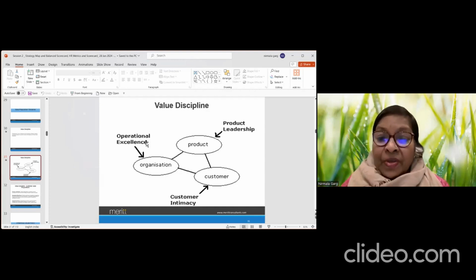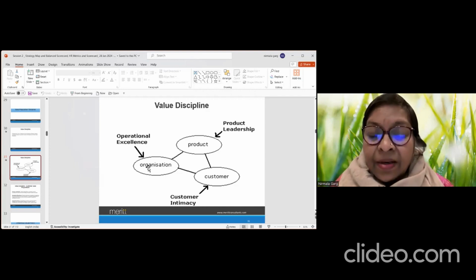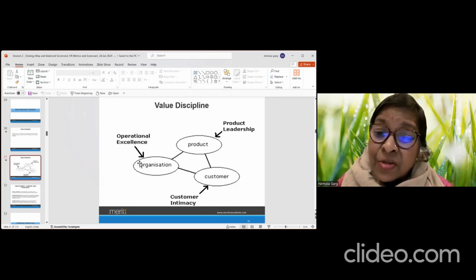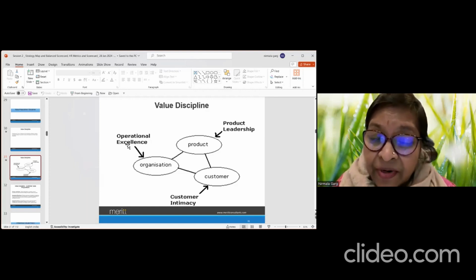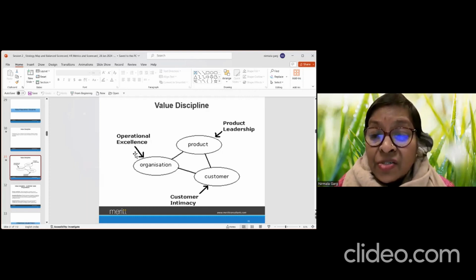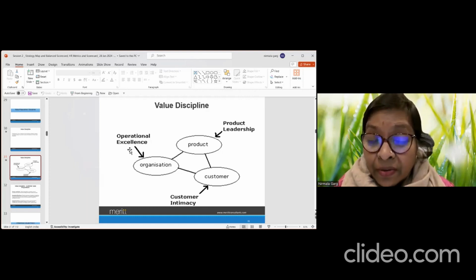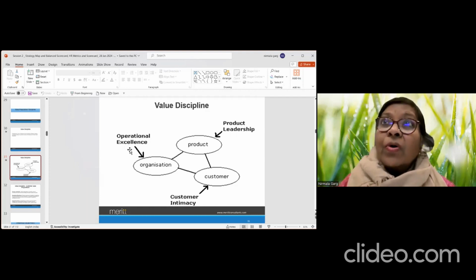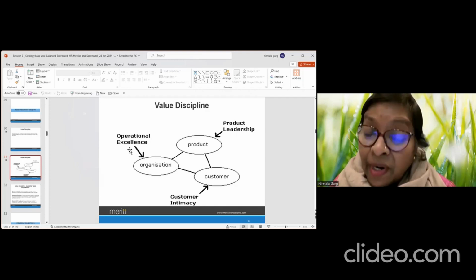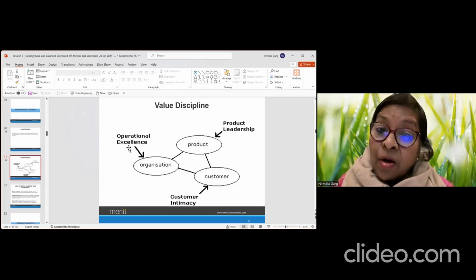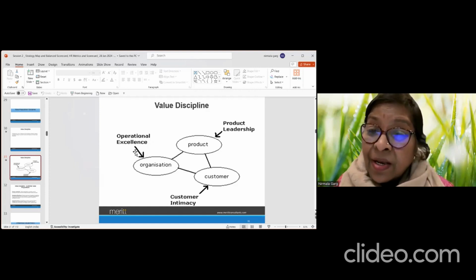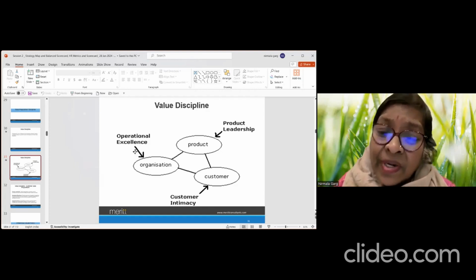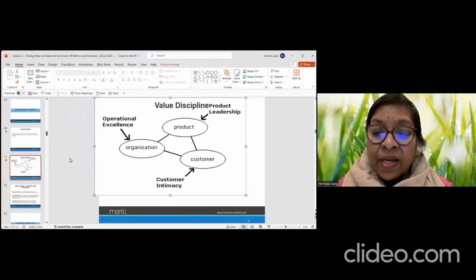Okay. So the metrics and the competencies required for product leadership will be different from those for operational excellence. Operational excellence organizations look for people who can work hard and who are also more focused in terms of productivity. Now, in terms of salary, operational excellence organizations cannot pay higher salaries. At least 50 to 60% of their population will get only a little above the median salary. They will not give them high salaries.